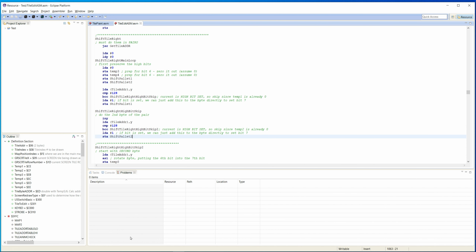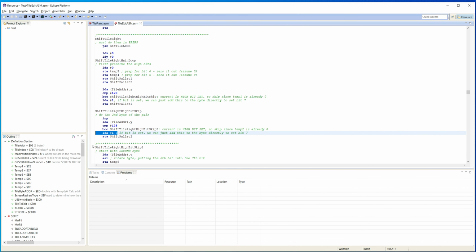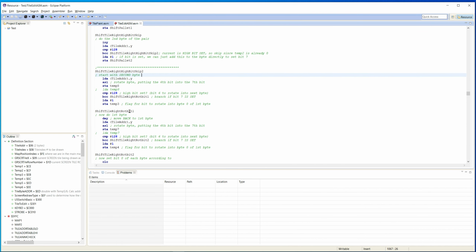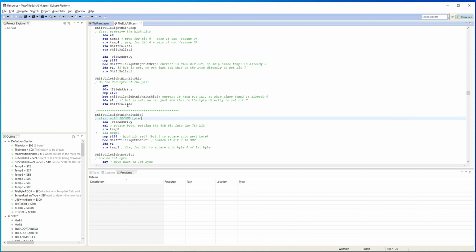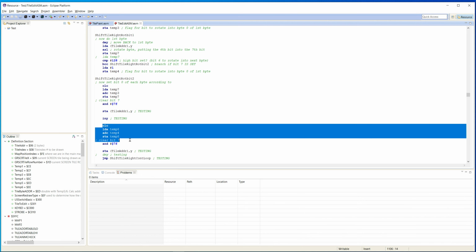If it doesn't, because, again, when you shift these, a 0 goes in, and the other end of it goes into the carry. So a 0 comes in, so we know that bit 0 is 0 each time we shift it. So we only need to know if we need to set it to 1 or not. And we basically figure that out, and then we do the same thing, we do our math to add,